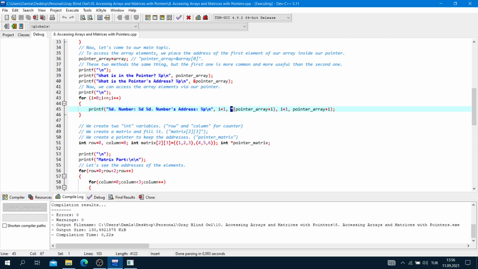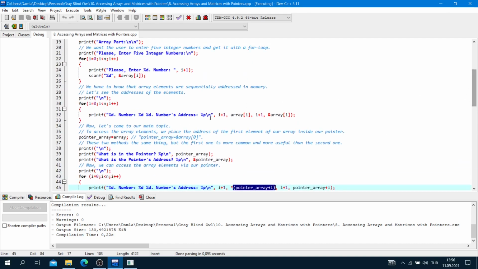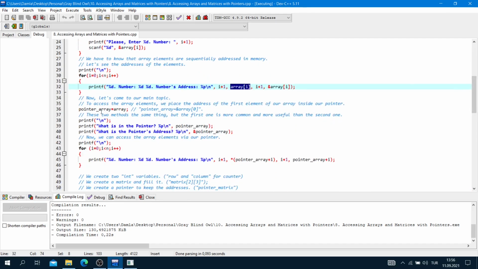This is the same thing as this. But we have to put this address in our pointer if we want to access our array elements via our pointer. Okay? This is the method.